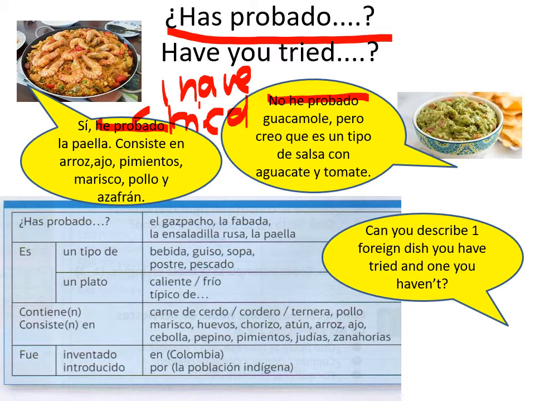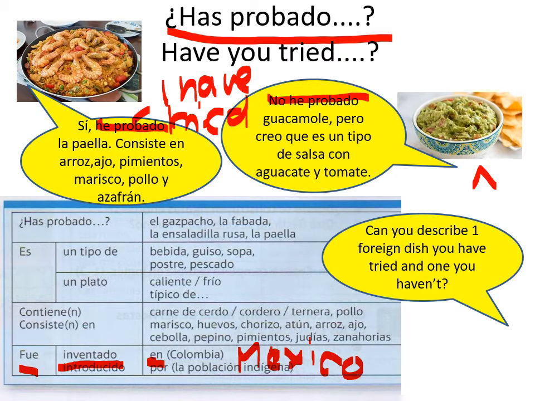So you might say it's a type of drink, a type of soup or stew or dessert or fish. It's a hot dish, a cold dish. It consists of meat, fish, seafood, eggs. And then if you want, you can give a bit more information saying where it was introduced or invented. So if I was talking about guacamole, I would say "fue inventado", so it was invented "en", and then